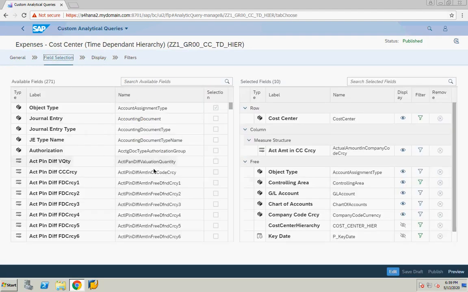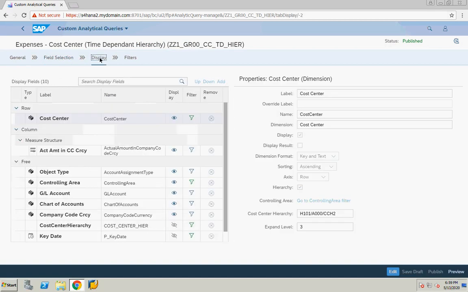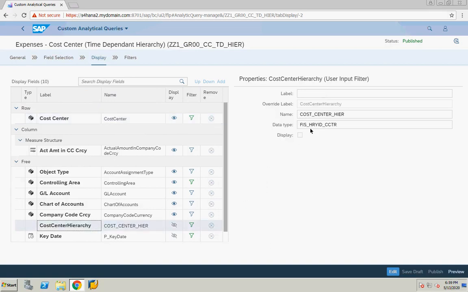In this, I have taken some fields, whatever fields I want. I have taken rows, columns, and those things. For my cost center, in my rows I have cost center, in columns amount in company code currency. Cost center hierarchy is enabled.